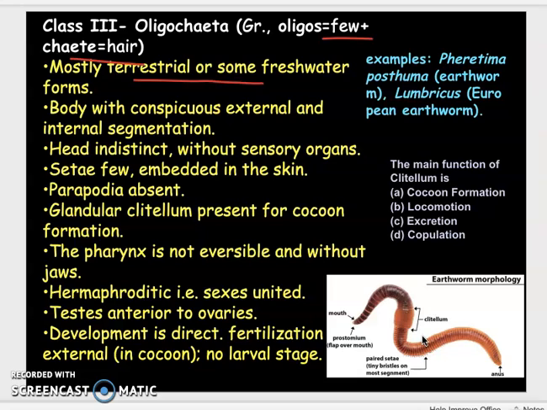There is a granular clitellum present for the cocoon formation, and the pharynx is not visible and without the jaws. These are hermaphroditic, that is, the sexes are united. The testis is anterior to the ovary, and the development is indirect. Fertilization is external, and the larval stage is there. A good example for this